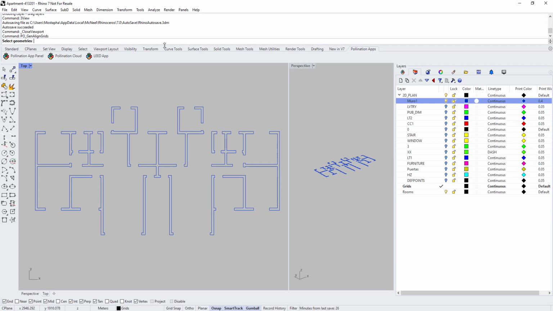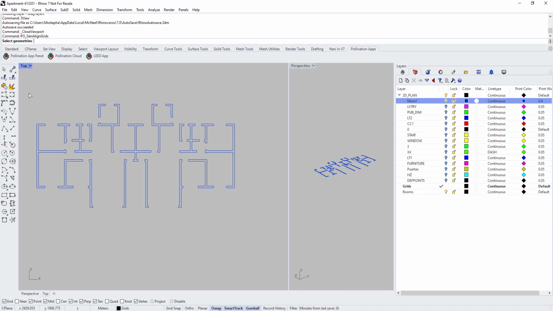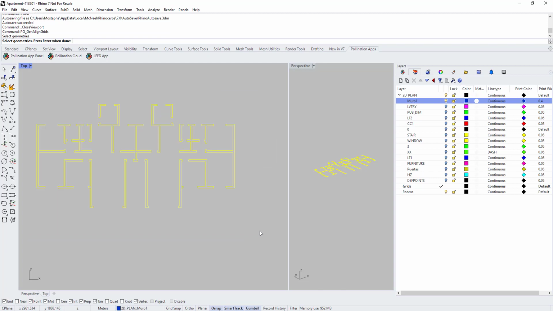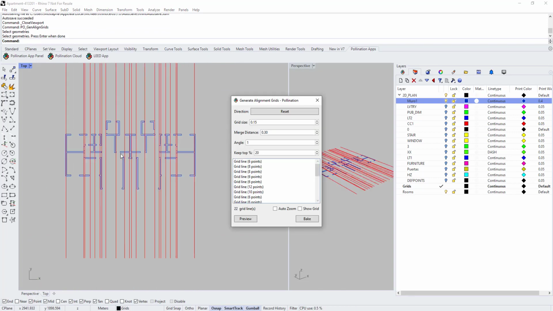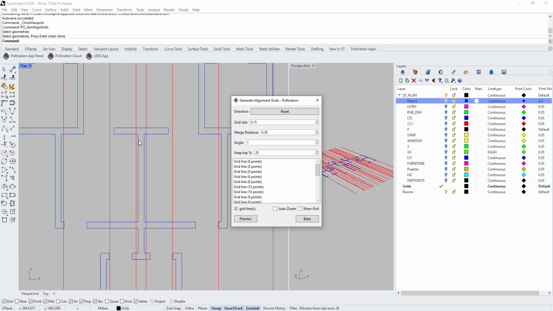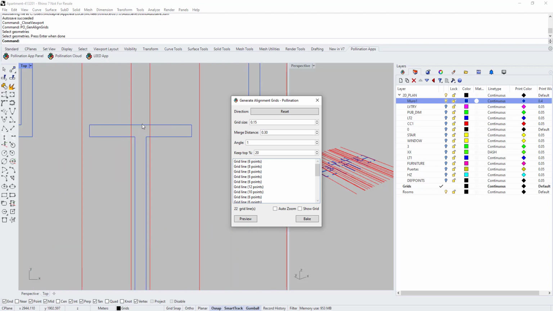If you don't see it, this is a new command, so if you have Rhino installed, just upgrade. Select the lines, press enter, and what it does is, based on the lines that are available in the model, it tries to guess what are the places that you need a guideline. Right? I can help it. For example, I want the lines to start in the middle of this wall, so I can reset the direction and use this and draw the first line